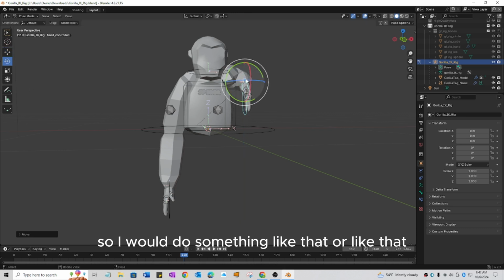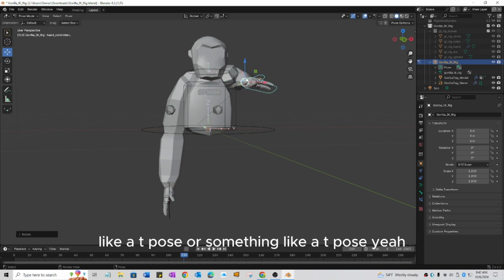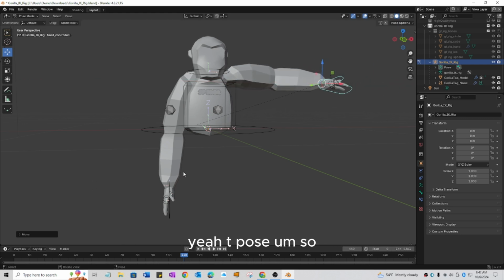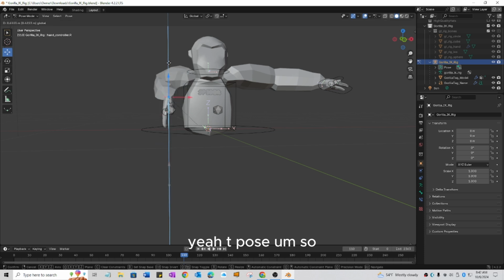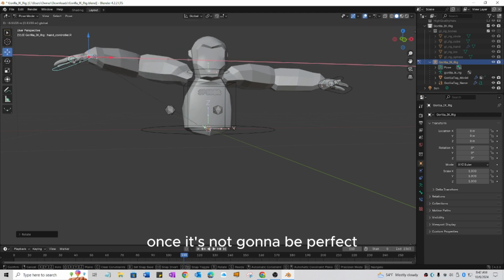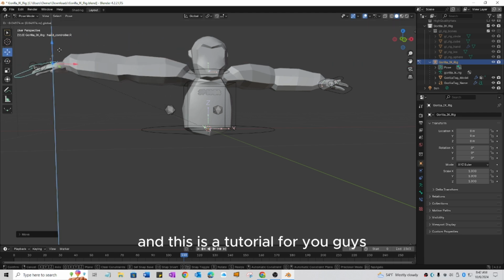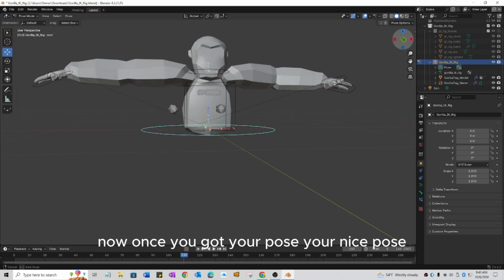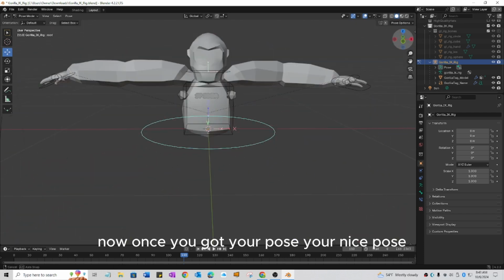So I would do something like that, or like that, like a T pose. Yeah, T pose. It's not gonna be perfect since this is a tutorial for you guys, I will be doing just something simple. Okay, now once you got your pose, your nice pose,